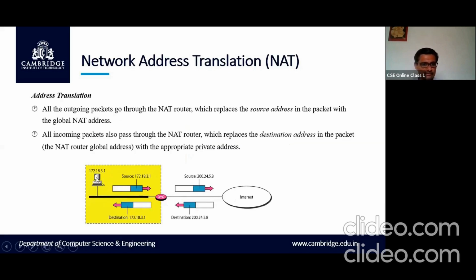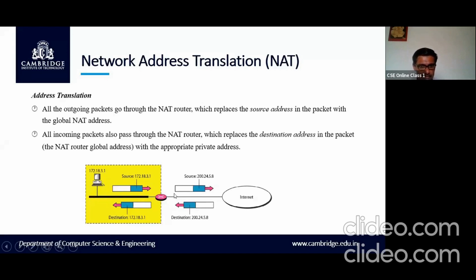So the packet you can see here is coming from 172.18.3.1. The packet header has the IP address. This is the source, its address is this, and it goes to the NAT router. The NAT router will replace this address, because this address is not recognized here.